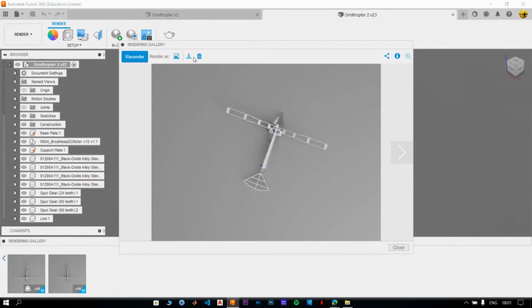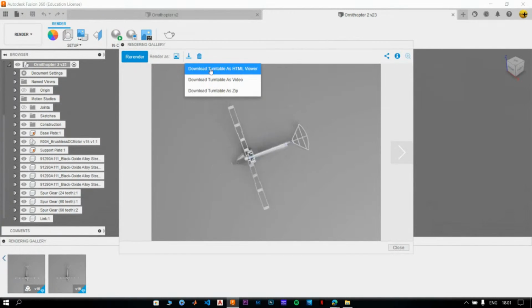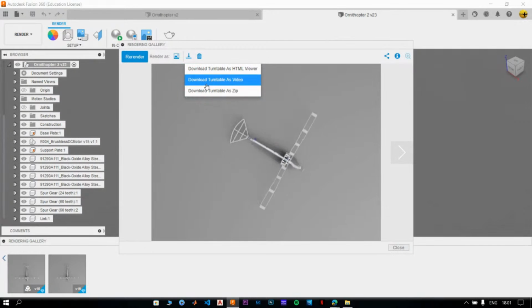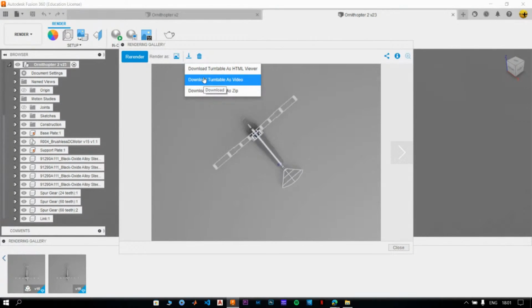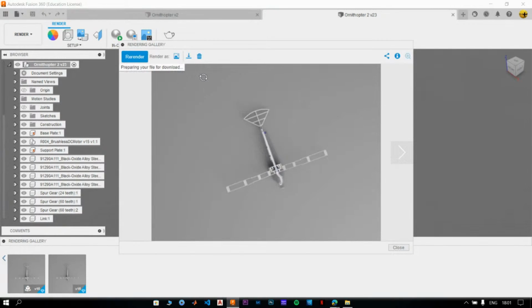If you want to download it, you can just simply click on the download button, and we have three options over here. So we have downloading it as a video, we have downloading it as a zip, and we have downloading it as a HTML viewer file. I of course always prefer downloading the turntable, or for that matter any type of animation, in the form of a video. So that's what I'm going to do. I'm going to download the turntable as a video,